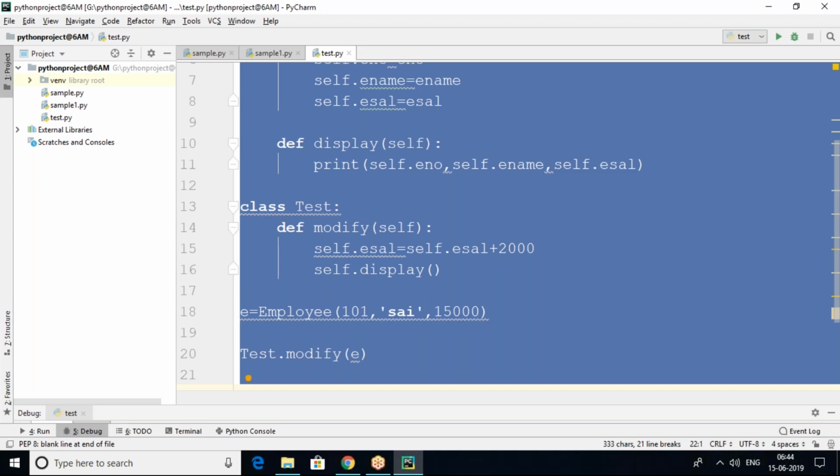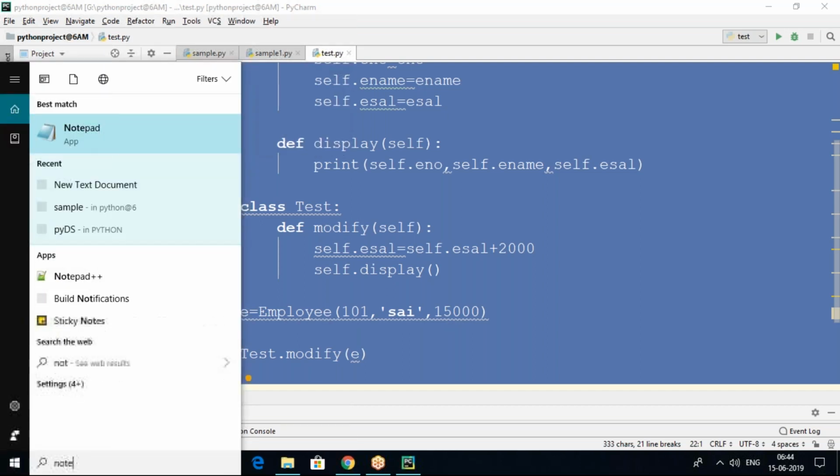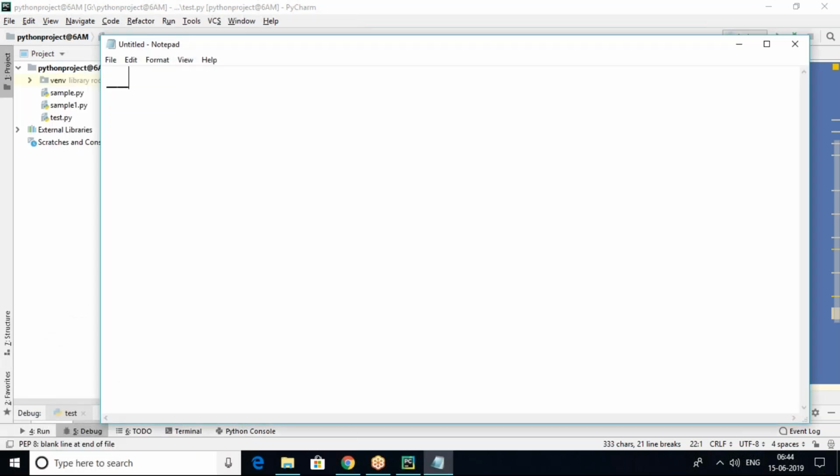Yes, we know the constructor, that is __init__, but the destructor is also a special method, and the name should be __del__. So the constructor in a Python class is __init__ like this, but the destructor is __del__. So the destructor means this one. The destructor is a special method and the name should be __del__, and just before